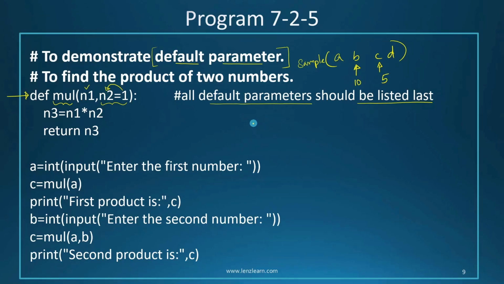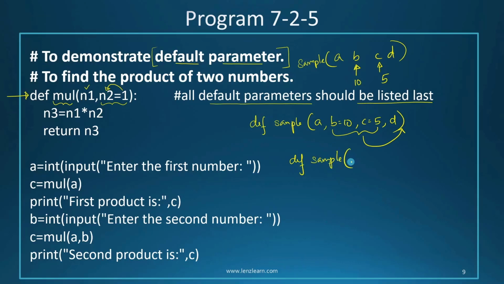In this case, if you create the function definition of sample like this, a, comma, b equal to 10, comma, c equal to 5, comma, d, this will give an error, right? Why? Because all default parameters should be listed at the last, which means b and c should come after d. So the right way of defining this will be def